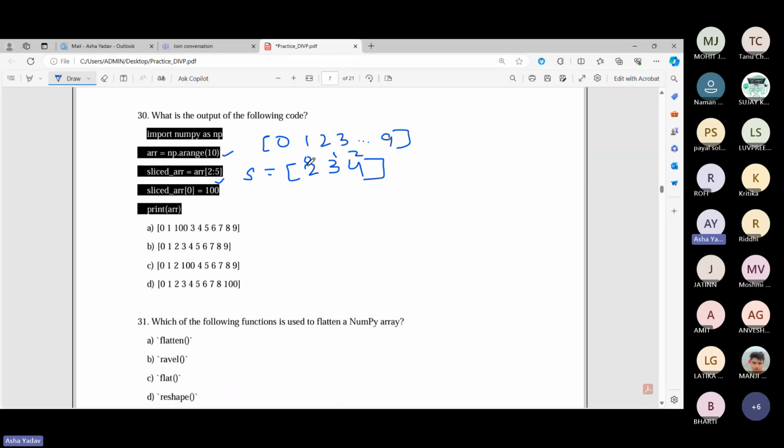नाउ स्लाइस्ड एरे के 0th इंडेक्स को आपने क्या करा, 100 सेट कर दिया। इस वाली वैल्यू को 2 की जगह क्या चेंज कर दिया हमने, 100। ठीक है, अब ये जो वैल्यू थी स्लाइस इंडेक्स का, जो 0 वाला था, वो ओरिजिनल एरे का कौन सा इंडेक्स था, 2 था ना। तो क्योंकि एरे व्यू होता है तो 2 की वैल्यू यहाँ पे 100 हो गई। तो ये पूरा एरे प्रिंट हुआ, 0 1 100 3 4 5 6 7 8 सब सही रहेगा। तो हमें क्योंकि ओरिजिनल एरे प्रिंट करना था, तो सारी वैल्यू आएगी विद द वैल्यू 2 सेट टू 100। ठीक है,